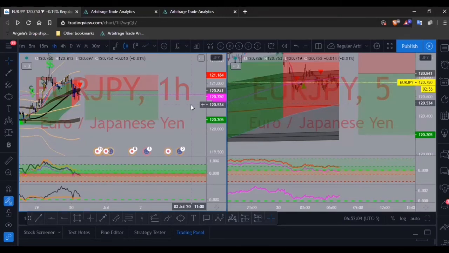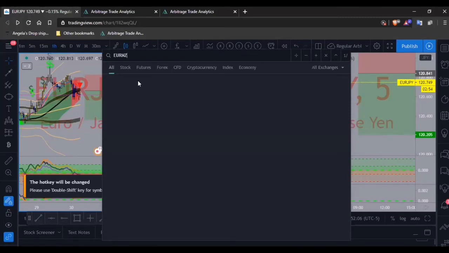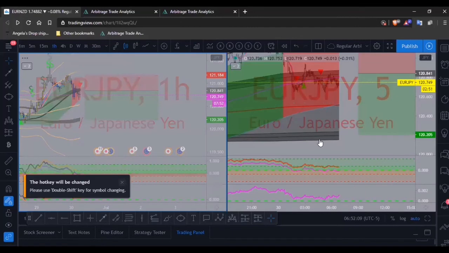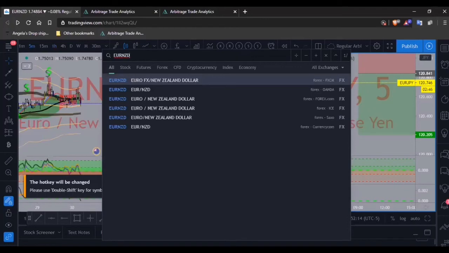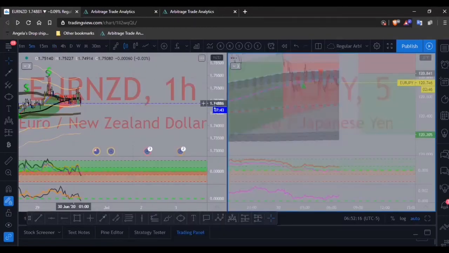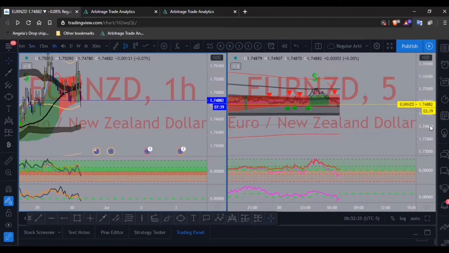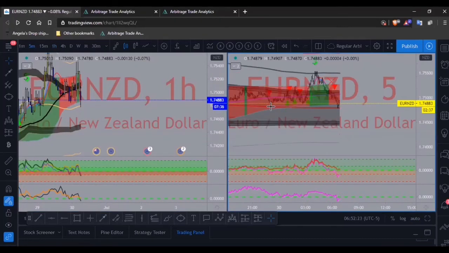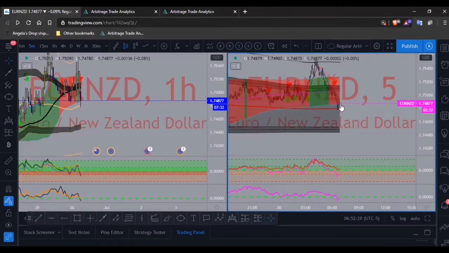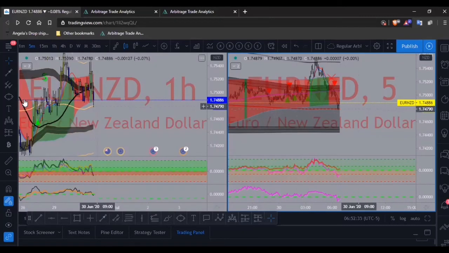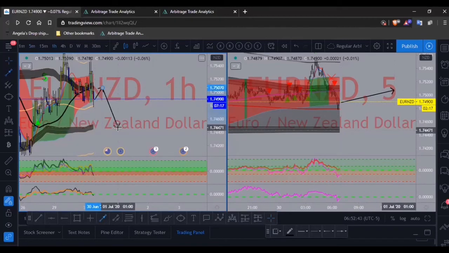Okay. Let's look at Euro NZD. We might have the same thing on it. Or not the same thing, but it might be calling for the sell as well. That's exactly what it looks like it's doing. It's about to call for the sell. So on the 5 minute, it was faking out a lot, but we do have the sell call. Don't really have a retest quite yet of that RSI line, although price did wick up and then dropped, but I would still want to see price come back up to retest and then drop.